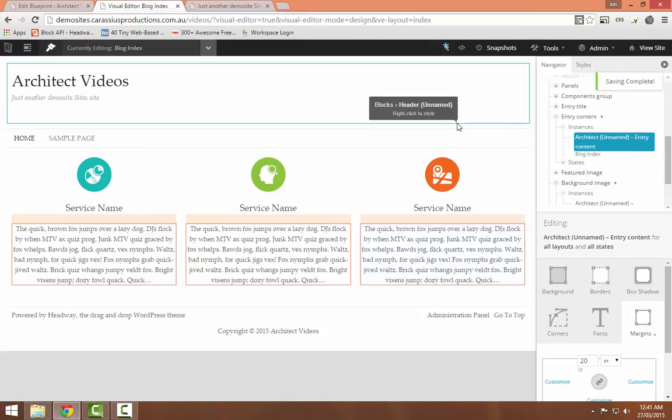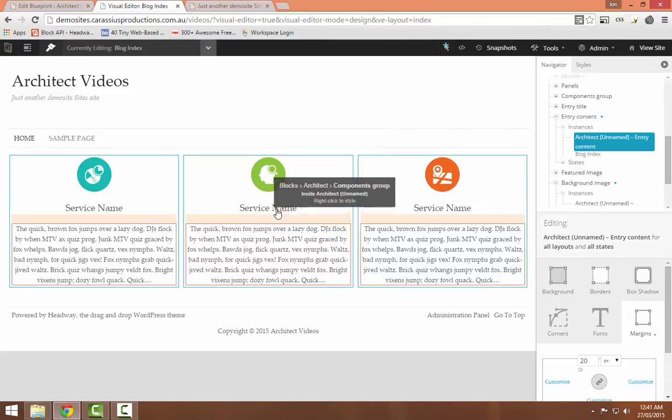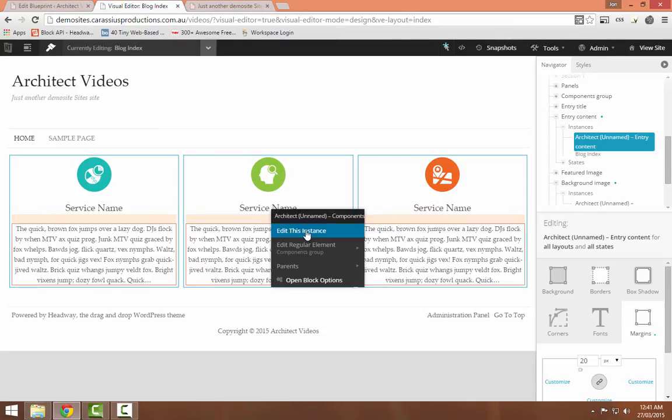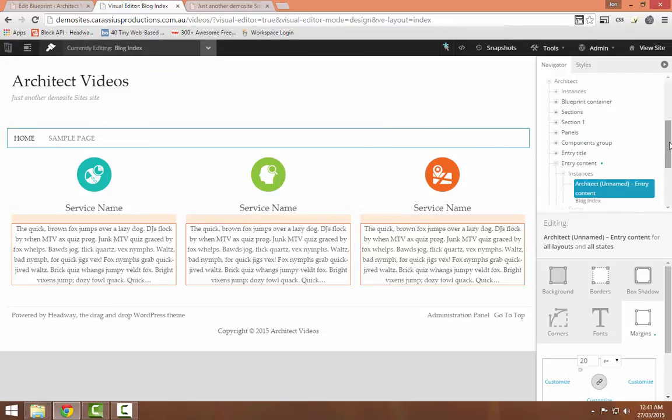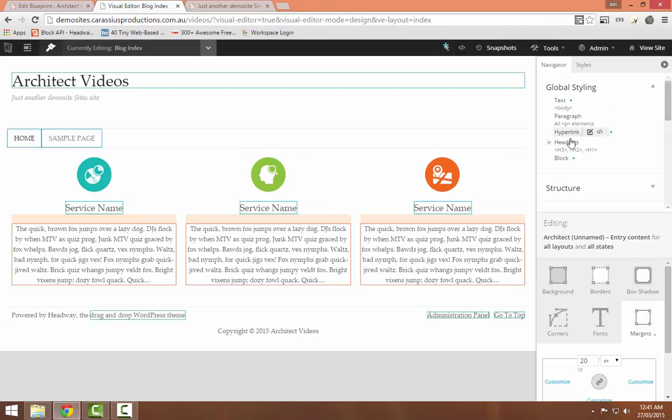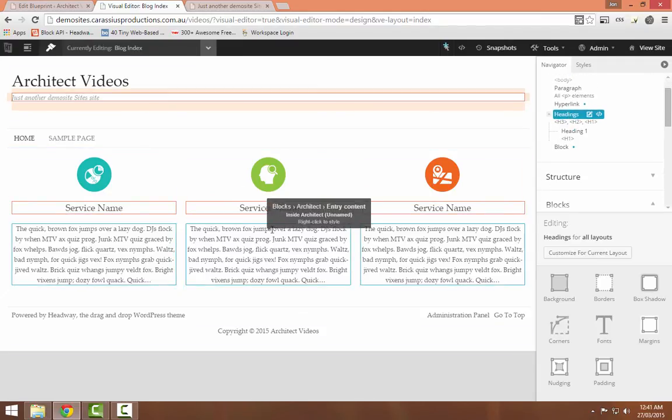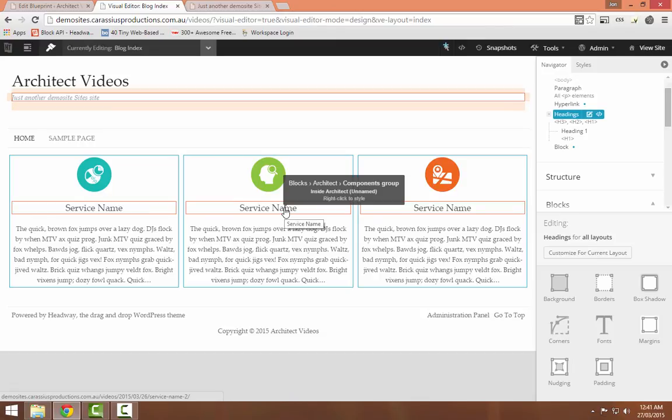Now what you might find is when you decide to create this blueprint and recreate this, if you're working along, you will find that you can't right click on these titles. That is another issue we have currently with Architect. So that's part of the beta testing issue. But what it actually is, that's a link. So if we scroll back up here and we go to our global styling and we click on our hyperlink, you can now see that that is